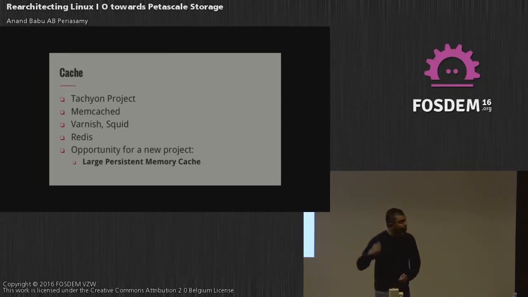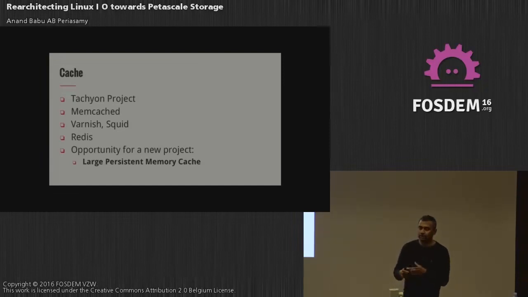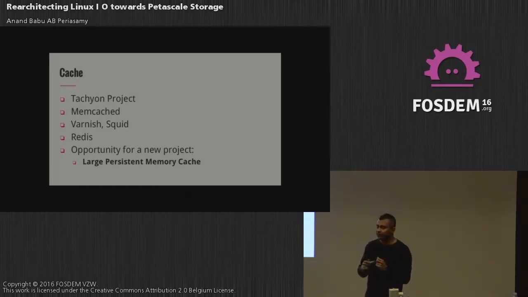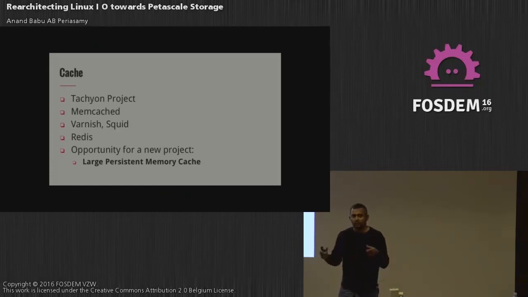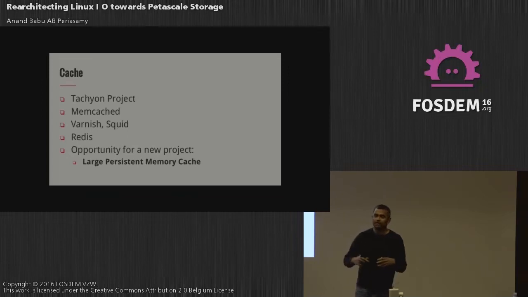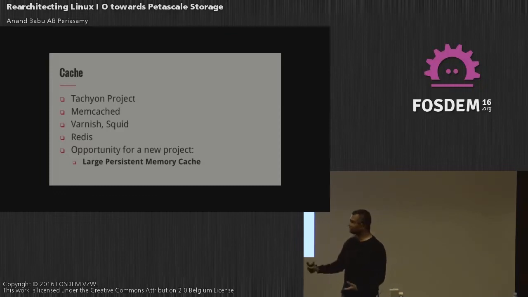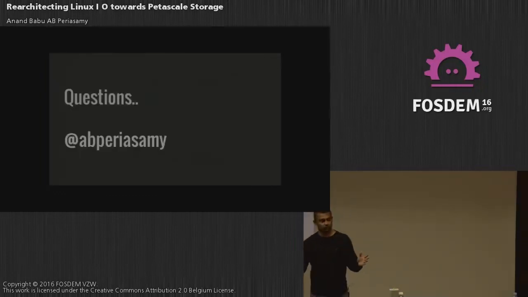But there is a new opportunity for a caching project, because of the new devices that are coming into the market. These are persistent memory devices, they can scale up to terabytes, and the existing caching solutions are not that scalable. There is scope for building an open source distributed caching server that is not just volatile, it is actually a persistent cache that can withstand machine failures and can reload and work, at scale. So a project like that today would be a very hard project in the open source space. That's pretty much it. Sorry, I took most of the time.